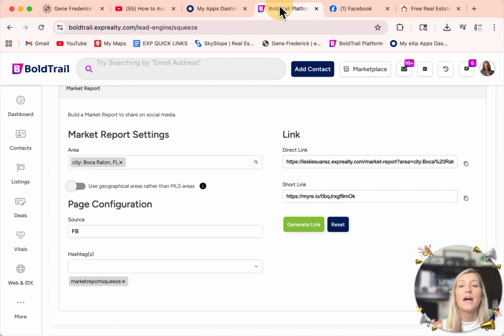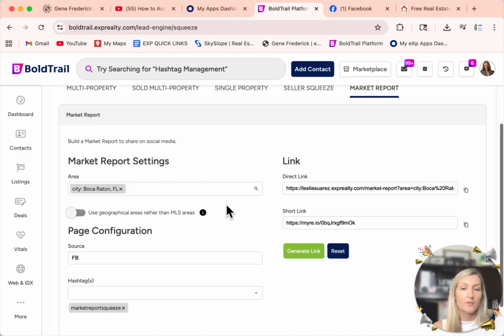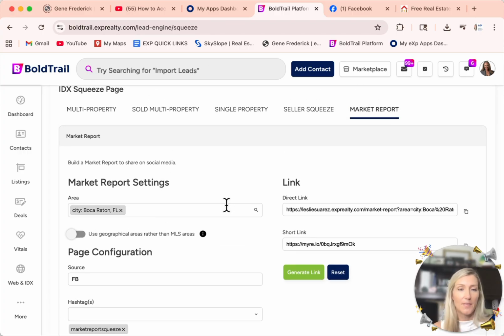So if I were to go back to BoldTrail and go to my contacts, sometimes you'll see that somebody has a market report that you did not add, and it's because they asked for it. So they wanted more information, and it will send them one on a monthly basis. So know that this is a great informational thing that you can post to social media